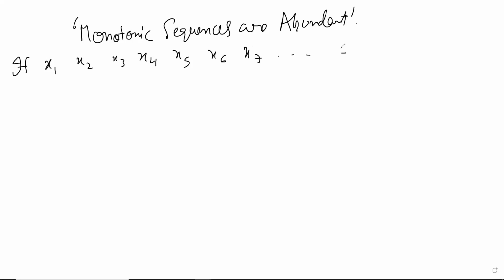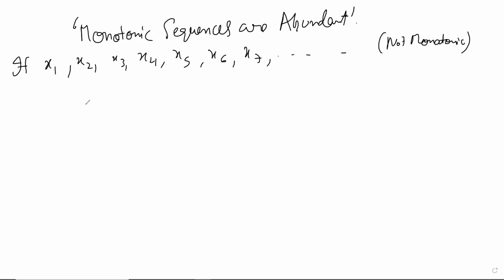This is just an infinite sequence, and nothing else. Anyways, it's better to see that after we're done establishing. So if there is a sequence like this, and it's not monotonic,